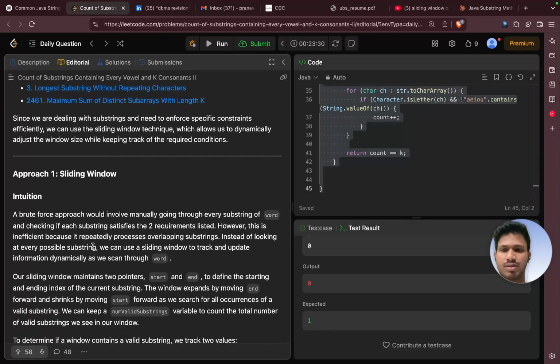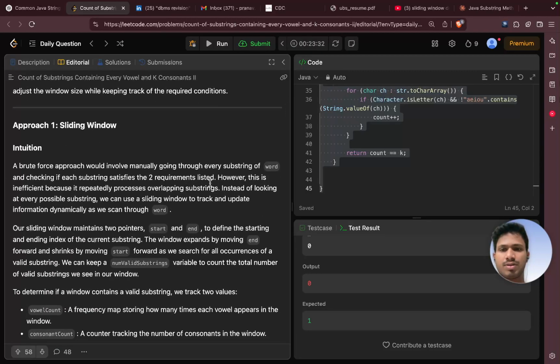Approach one is sliding window. The brute force approach would involve manually going through every substring of the word, checking if each substring satisfies the two requirements listed. However, this is inefficient because it repeatedly crosses over overlapping substrings. Instead of looking at every possible substring, we can use sliding window, track and update information dynamically as we scan